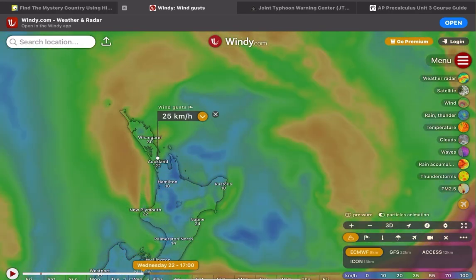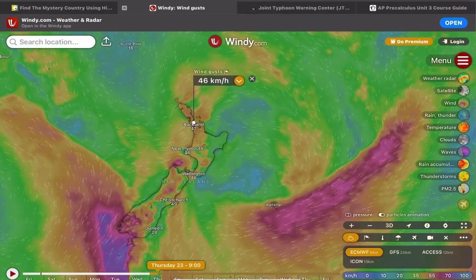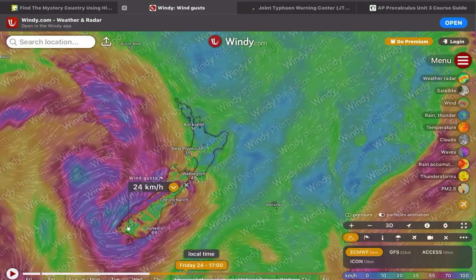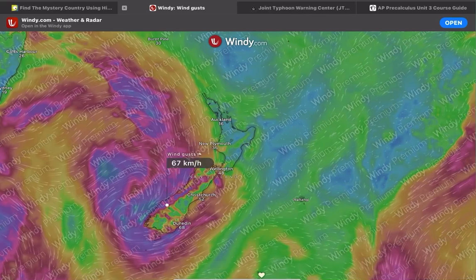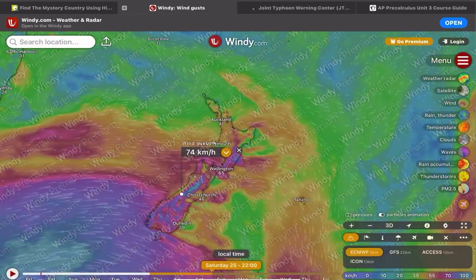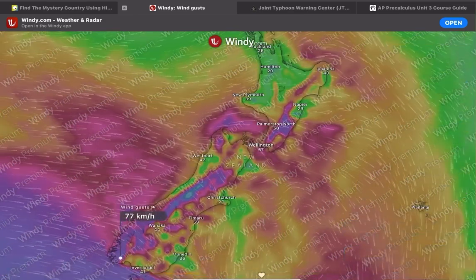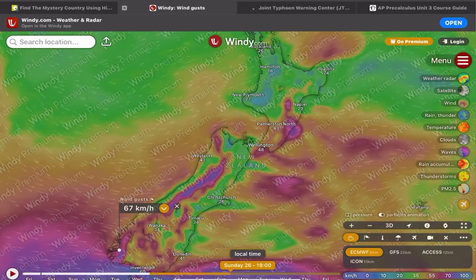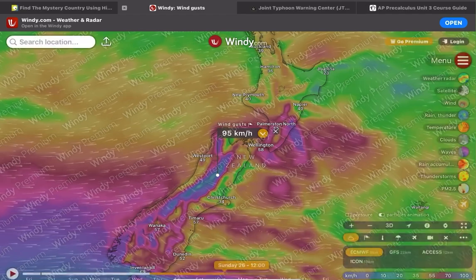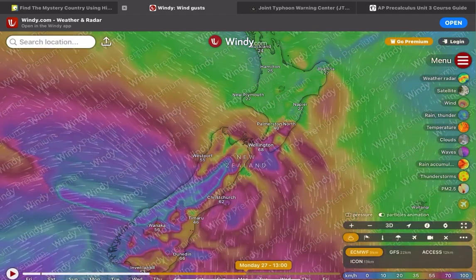Now it shows it calming down on the 22nd, and potentially higher gusts in the south on the 23rd. It shows those insane systems there. On the west coast of the South Island, some higher gusts on the 24th. It shows some very high wind on those mountains there, the 25th, more there too. It still shows some high gusts in the mountains, the South Island, some spots in the North Island, and now